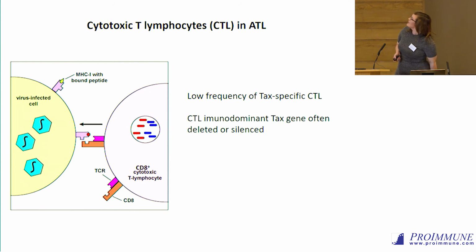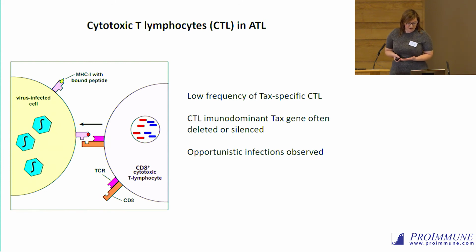And as I mentioned, in the malignant clone, immunodominant CTL epitopes are often deleted or silenced. There's a generalized immunodeficiency in ATL patients, which is evidenced by a high frequency of opportunistic infections. So the first question we wanted to ask was whether the malignant cells could actually present antigens to CD8 T